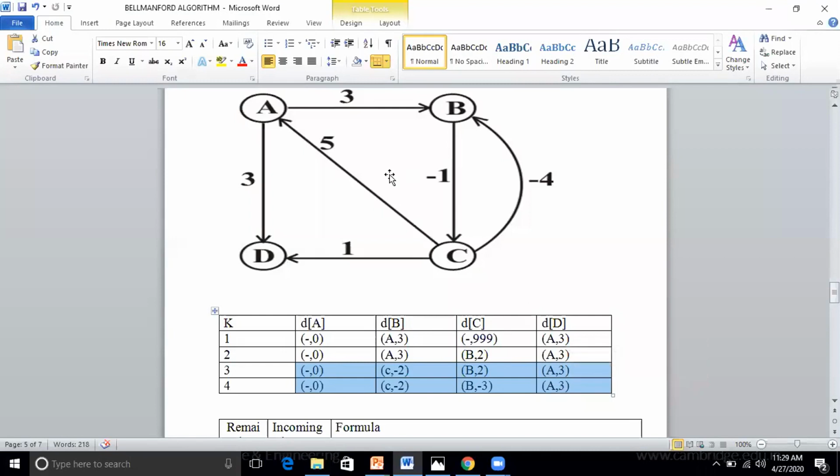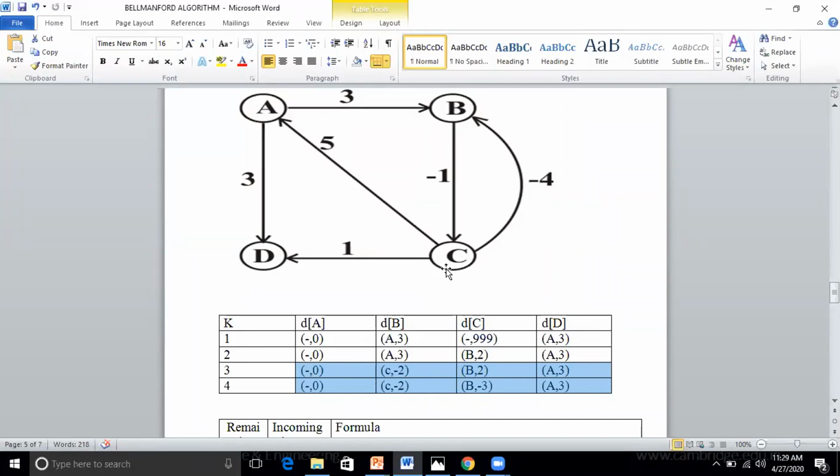So if I use this graph to communicate some information, what happens? B to C, that same information will go. Again it will come back here, C to B, B to C, keep on looping. Waste of resources, isn't it? The data will not be transferred properly. It keeps on looping, so we should avoid this kind of network. Hope you have understood how we are finding the negative cycle. Any doubts, students?